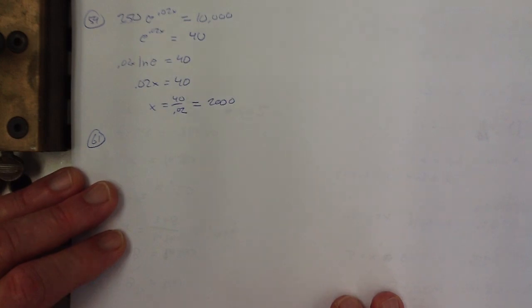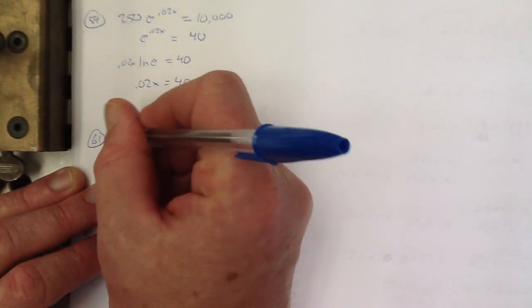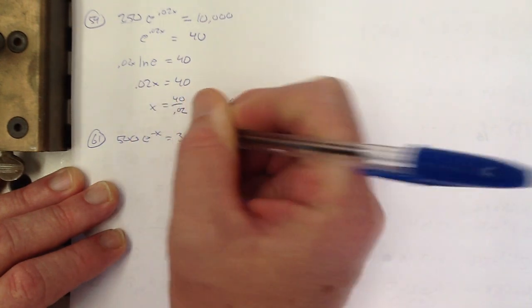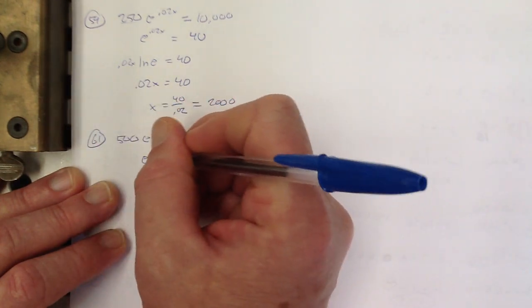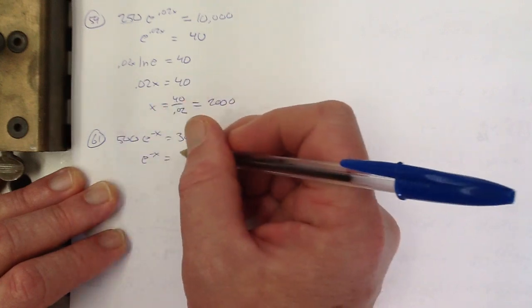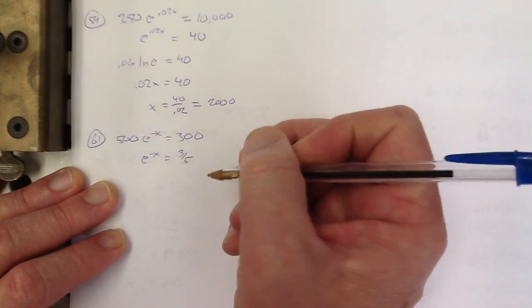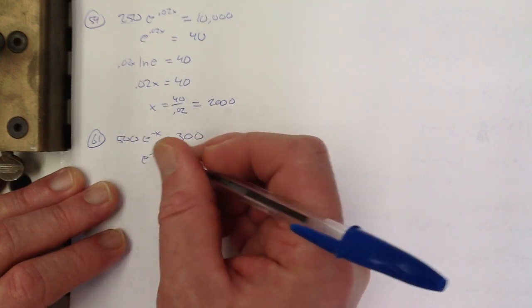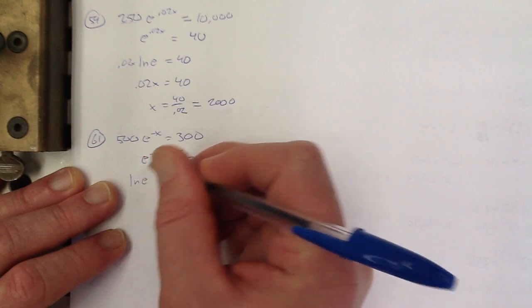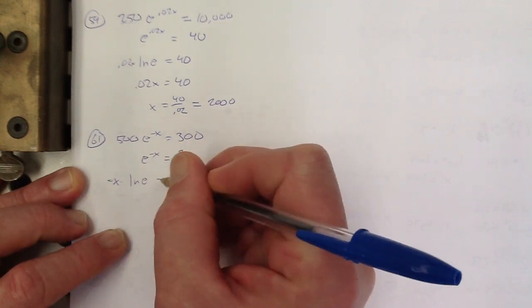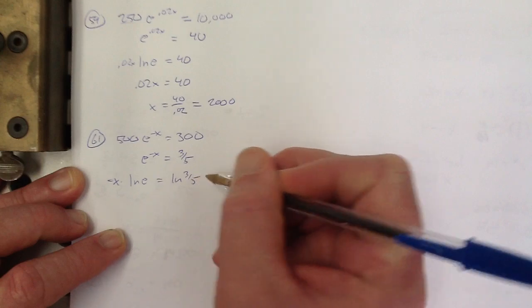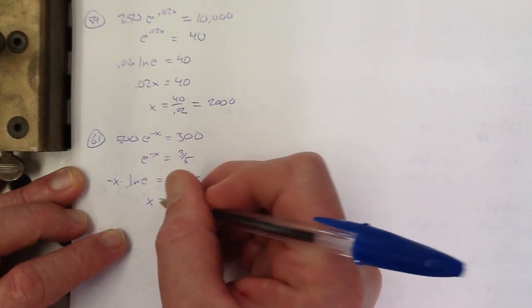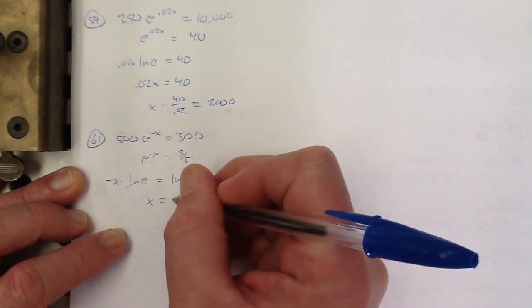61. 500 e to the negative x equals 300. Divide by 500 first. 300 over 500 is 3/5, or 0.6 if you want. And then I'm going to natural log both sides, because that means I can bring that to the front. And natural log of e is just 1. That cancels out. So x is equal to, multiply both sides by that negative sign,